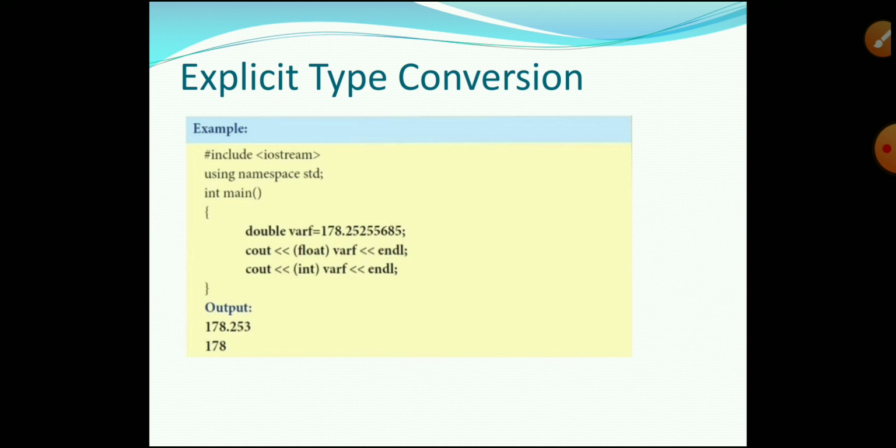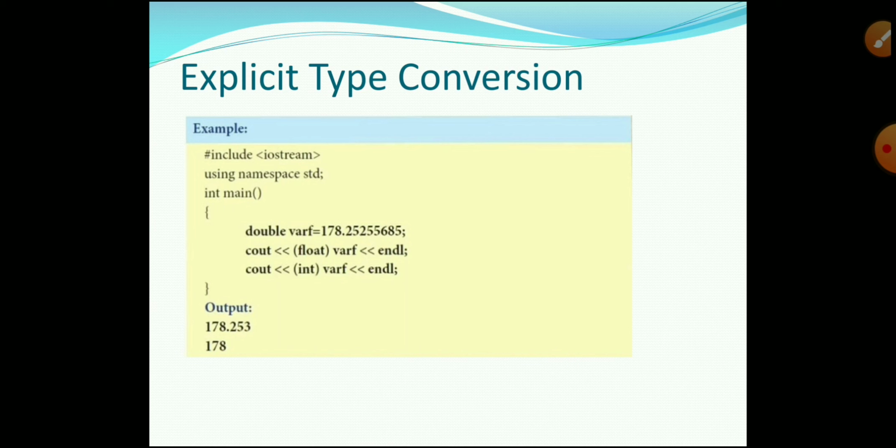We use some functions: endl, setw, setprecision, setfill, setf. These are used for formatting output.